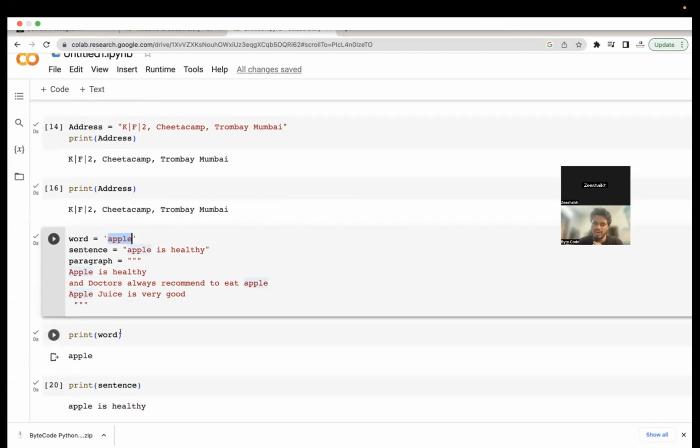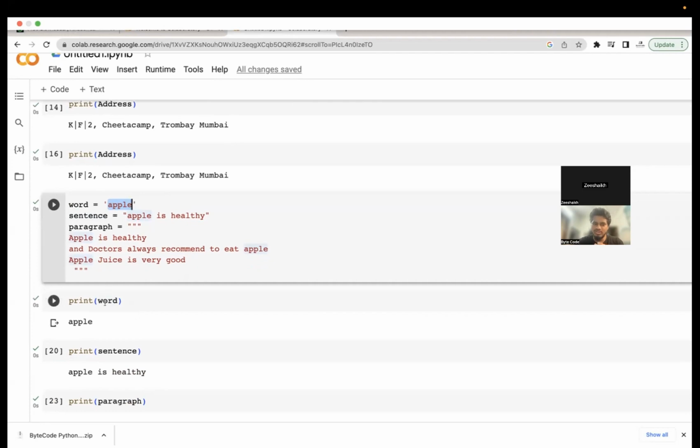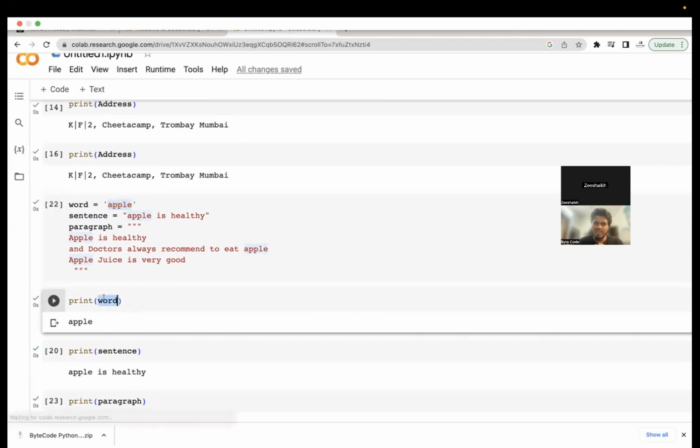Whenever somebody calls your name, you will respond to that. Similarly, whenever I call the name of the variable in Python, it will refer to its value. Here I'm calling the word variable and it is referring to apple, which is its value.